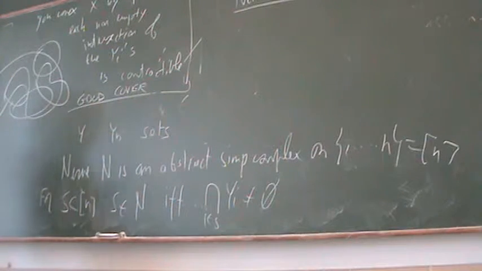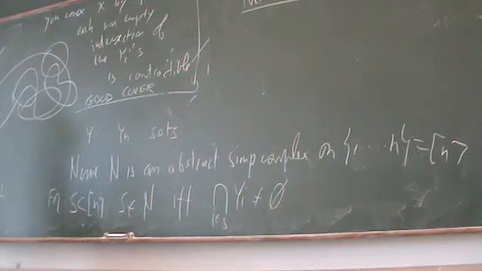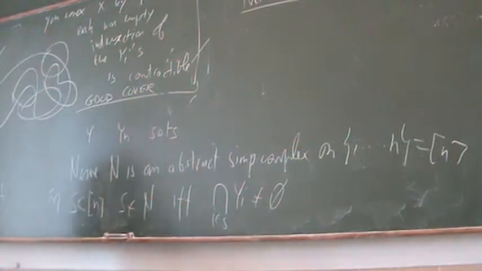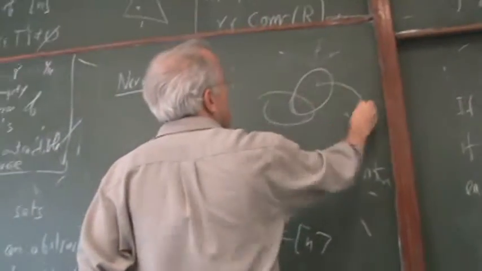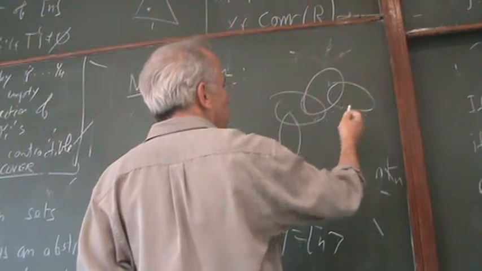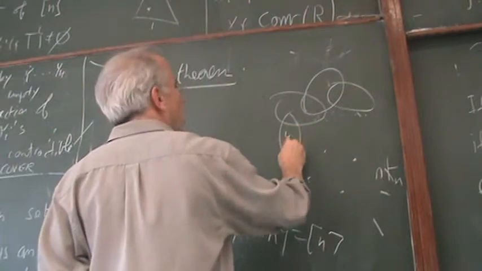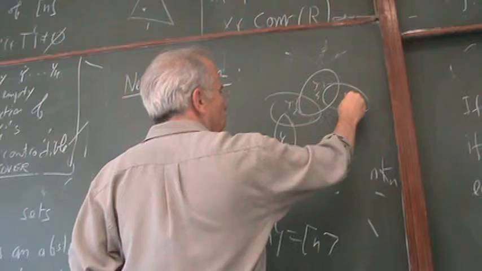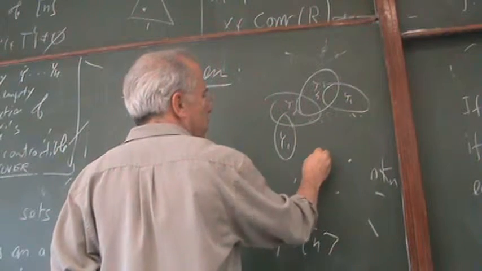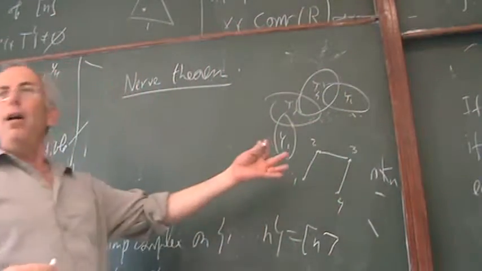So the nerve is a simplicial complex that records which sets have non-empty intersection and which sets don't. This is called the nerve. So for example, if we have these four sets, then the nerve will have 4 vertices, say Y1, Y2, Y3, Y4. Then we have 1, 2, 3. So in this case, the nerve will be a graph with